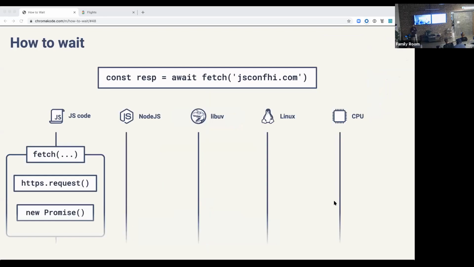Starting with our first line of code, await fetch jsconf.hi.com. I was thinking of another 8-letter domain to throw in here, but I couldn't come up with one. SFNode is 6 letters, which is shorter. So